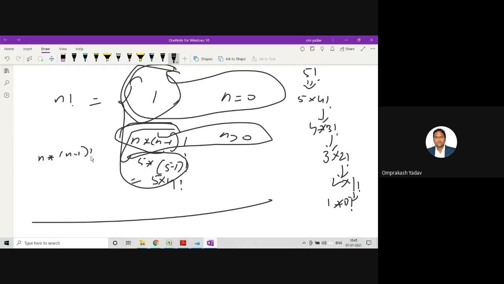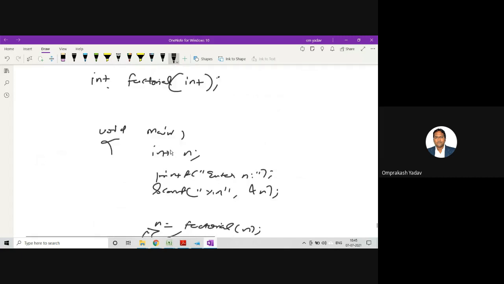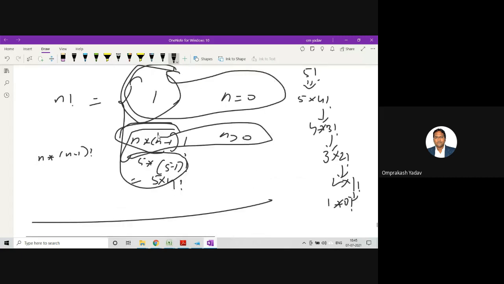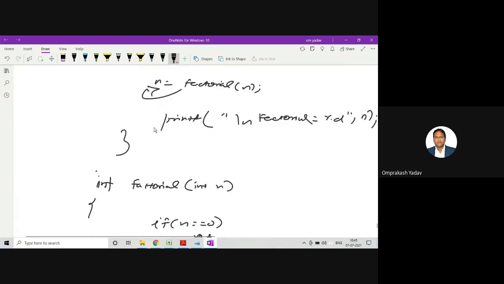So I'll write the same thing, and the second must be with the help of recursive function call. So in the second we have to do the recursive function call. So let's go ahead.